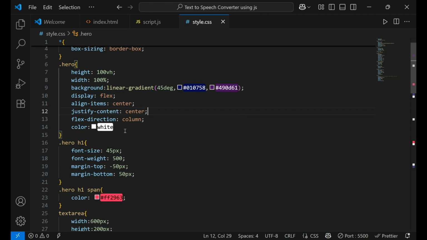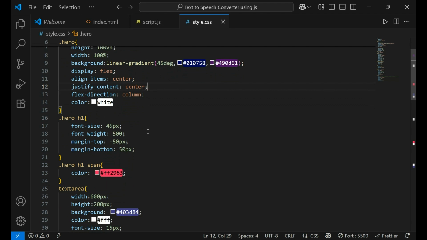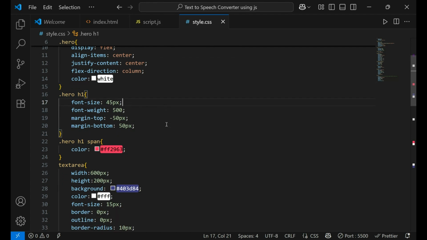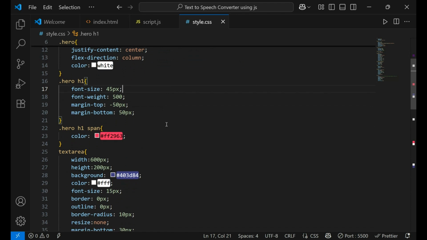I used the color of the text as white. And dot hero h1 is for the heading. I have used margin, font size, and font height for the h1 heading.